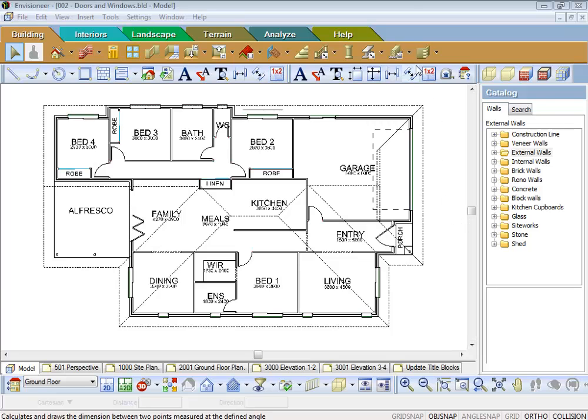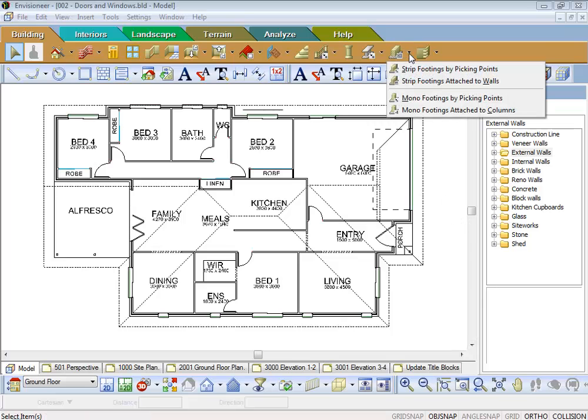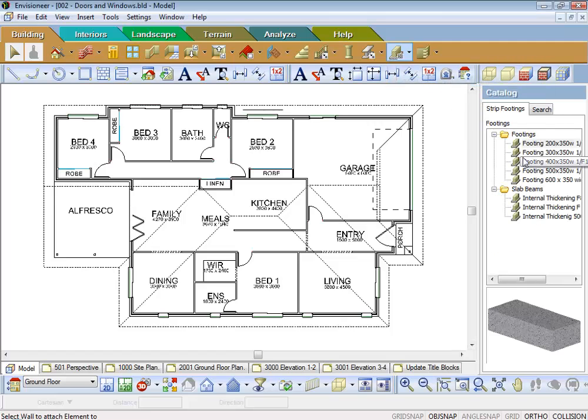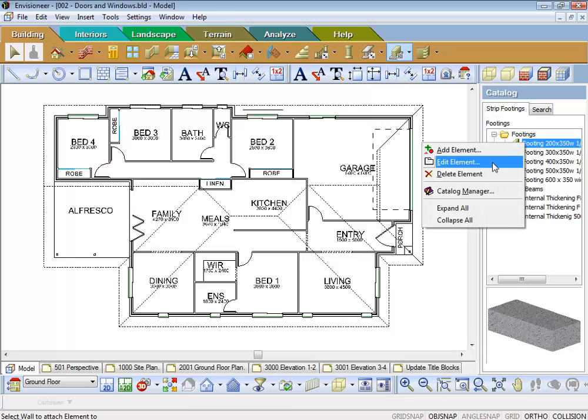In this lesson we'll go through footings. Let's go and use the option strip footings attached to walls. This is the easiest way to put them under existing walls. So if you just go and find the size footing you want, you can right click and edit it before